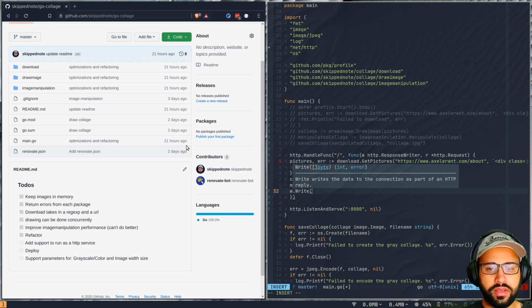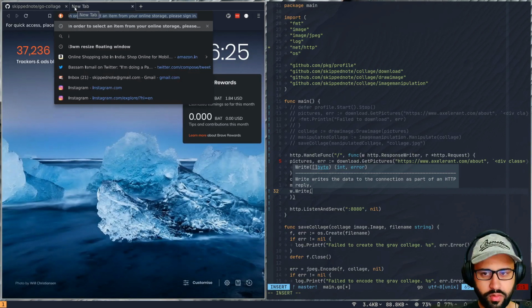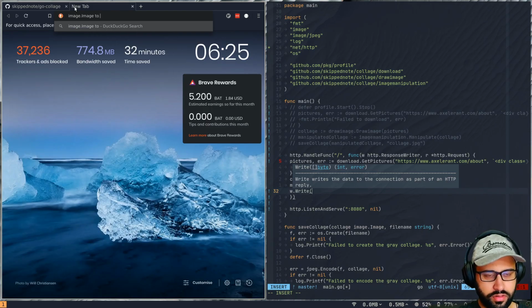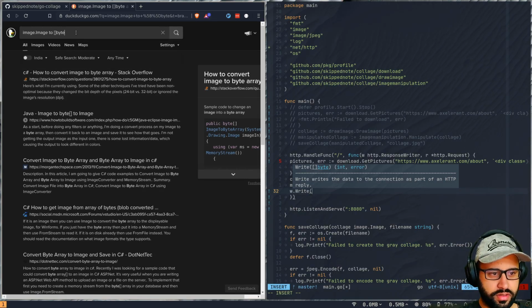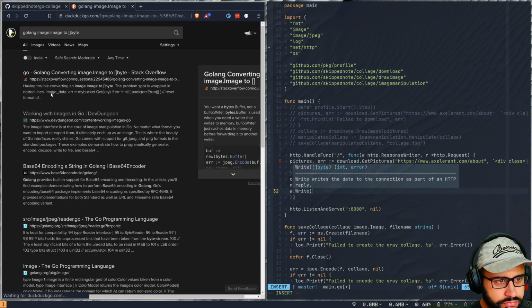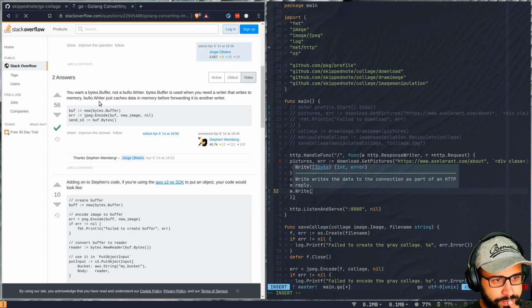So let's see how we can convert an image into a byte slice. I'm not sure if we can directly pass this. Yeah, this is what we want, exactly what we want. So creating a new bytes buffer,